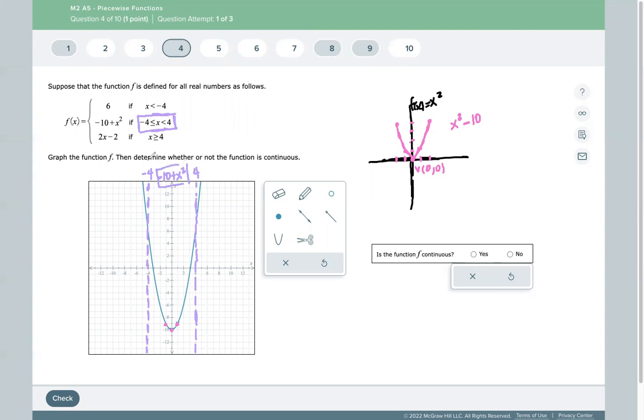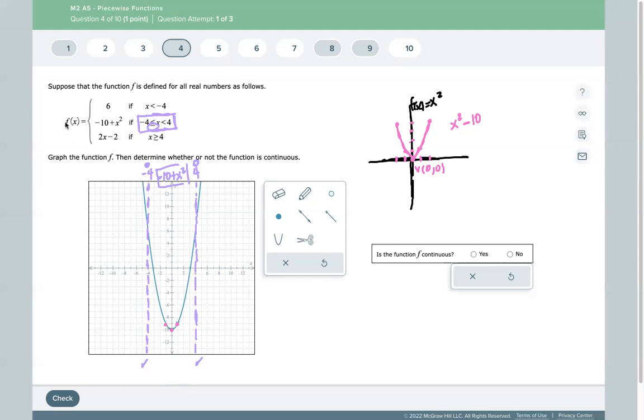But the -4 is going to be a closed dot and there's going to be an open circle on the 4, because of the equal sign here. We don't have an equal sign next to the 4, so that's going to be an open circle. Now we have to be very certain of the position of where those lines intersect our graph. If you want to be completely sure, you can do it visually and get an idea, but if you want to be perfectly sure,